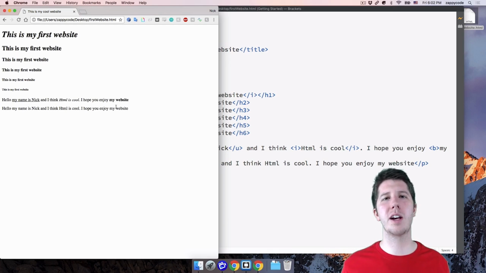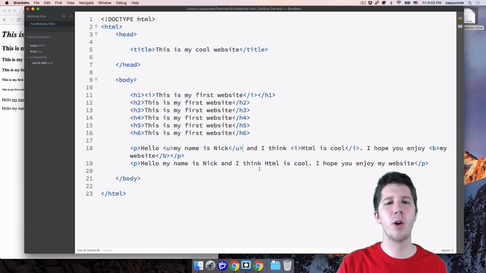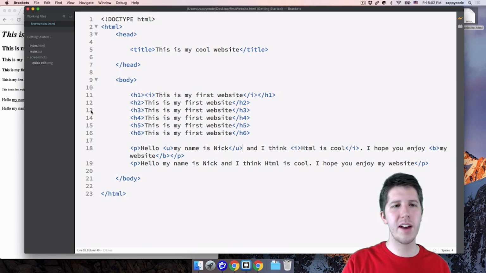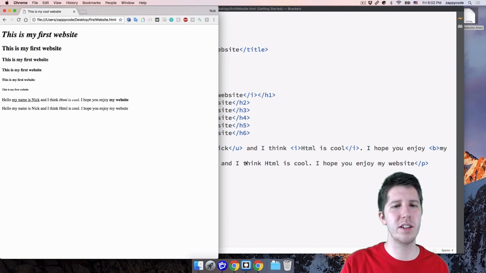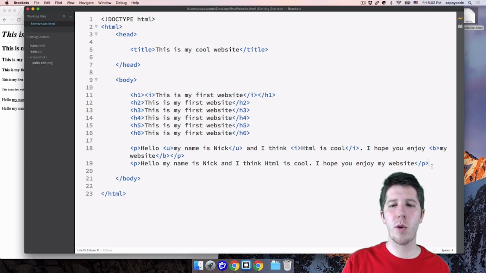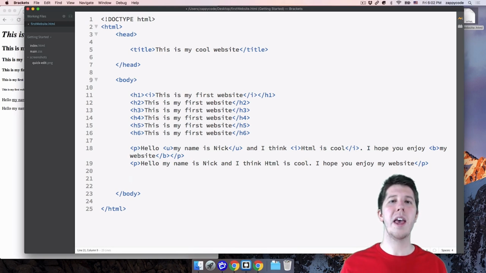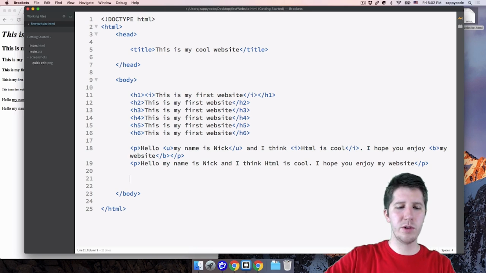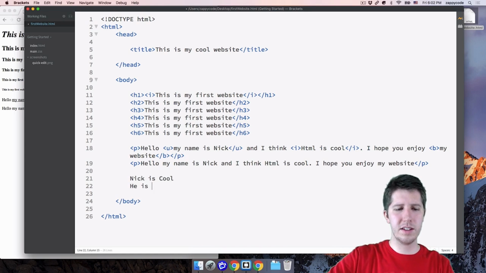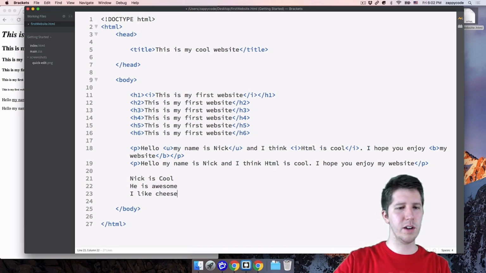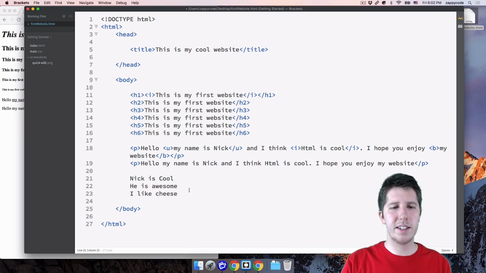The last thing that I do want to talk about, and this sort of goes to the beginning, remember when we couldn't make new lines whenever we wanted to? Like, we can sort of make new lines with these paragraph tags, right? It shows the spacing in between the two. But if you ever want to just manually make your own line, you can use a break in order to accomplish that. So for example, if I want to just list out my poem thing again, like Nick is cool, he is awesome, I like cheese. Okay, a really simple 3-sentence thing here.